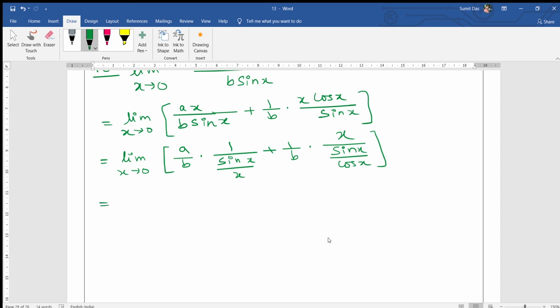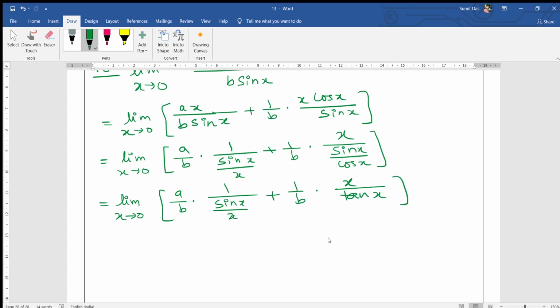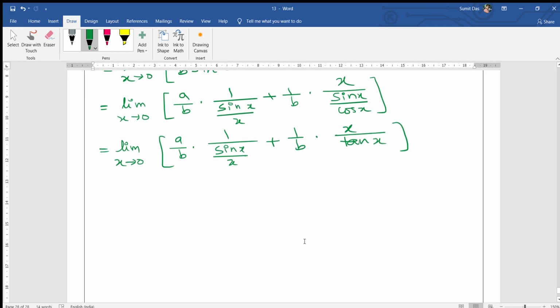Okay, next line, I am breaking this one. Just keep this one, limit x tends to 0, a by b into 1 by sin x by x. Here I'm writing 1 by b into x tan x. Right, I hope no problem. Sin x by cos x tan x. So now